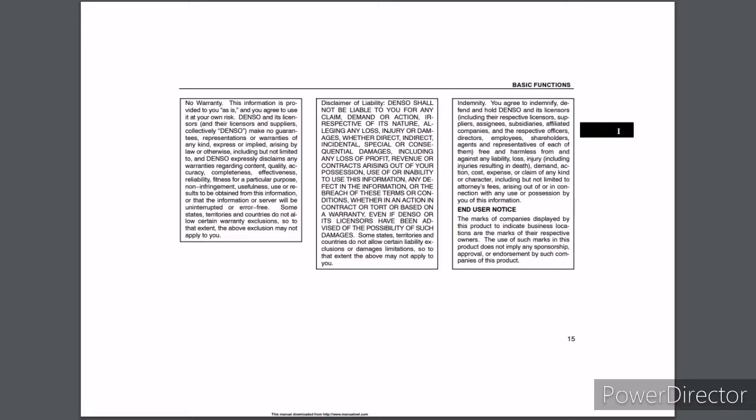Indemnity. You agree to indemnify, defend and hold Denso and its licensors, including their respective licensors, suppliers, assignees, subsidiaries, affiliated companies, and the respective officers, directors, employees, shareholders, agents and representatives of each of them, free and harmless from and